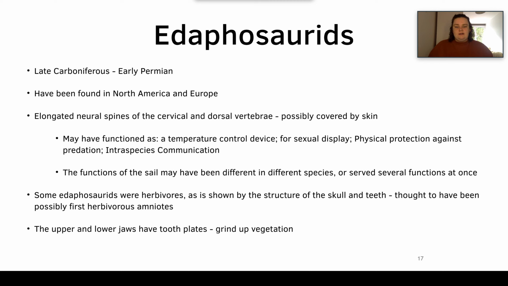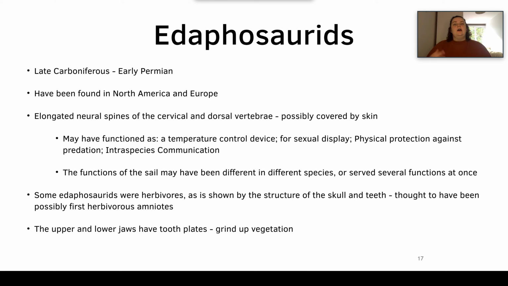So we also need to mention the other sailed synapsids at the time, which are the sphenacodonts, and you will know them mainly from Dimetrodon. So we will be moving on to sphenacodonts in a second, but it just needs to be highlighted that they are not the same. And it's thought that Edaphosaurids were herbivores, and this is shown by the structure of the